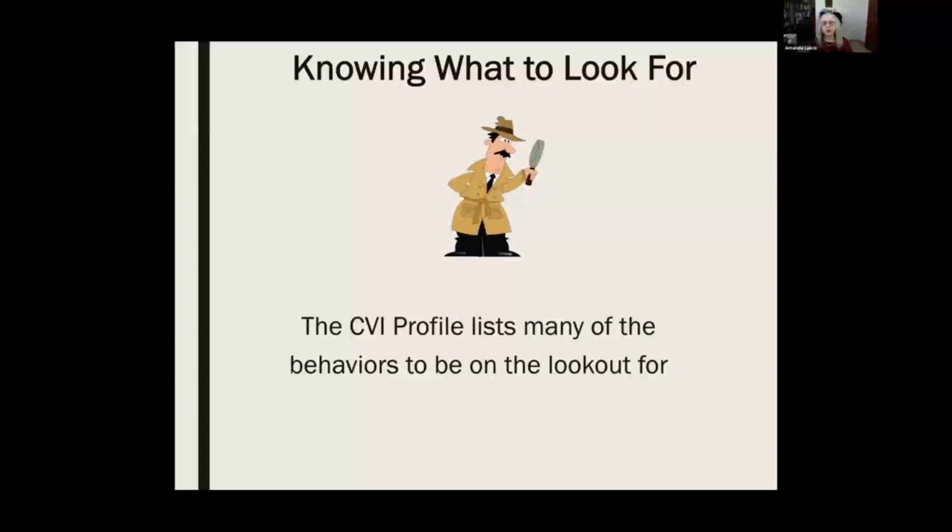So the CVI profile also lists many of the behaviors to be on the lookout for. And that's why we identified all those things in the CVI profile, to make things easier for people to just check off as not in action and to look for things that are active in a child so that they can go into them